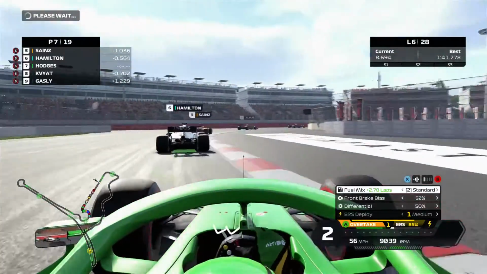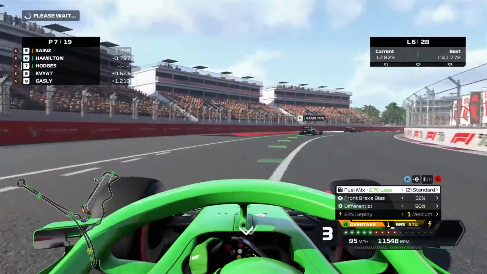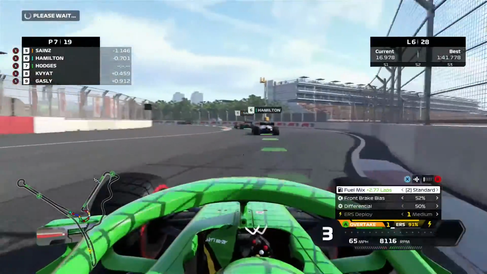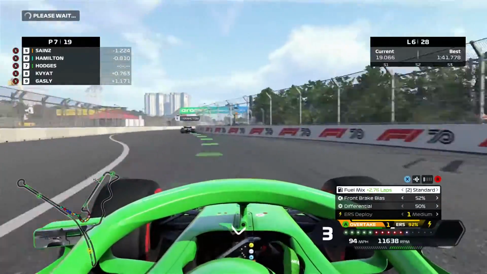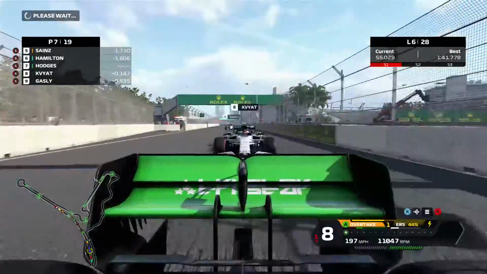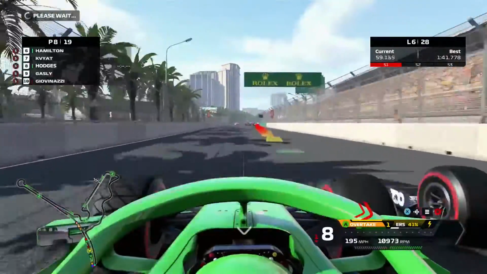That is 3 places up from P10 because people have pitted early, changing strategies because of the safety car. Technically getting a free pit stop, but being at the back, but on fresher tyres. But this is the highest we've been ever, as Kvyat now tries to go for the overtake outside of the